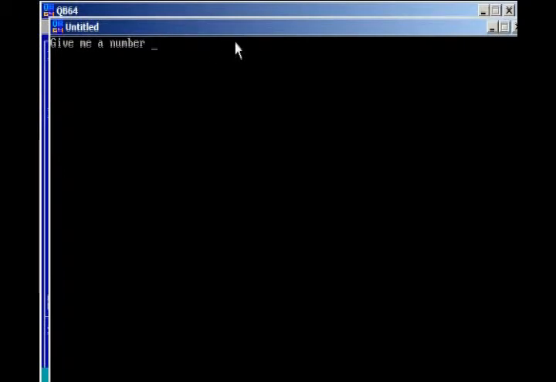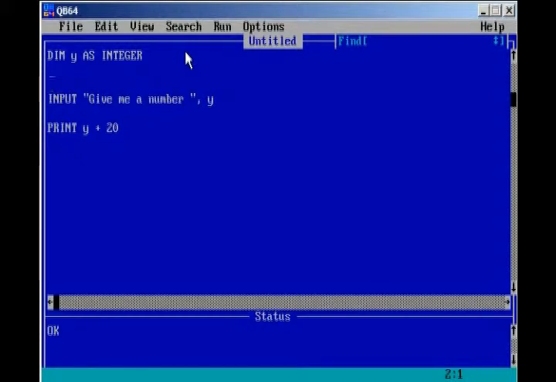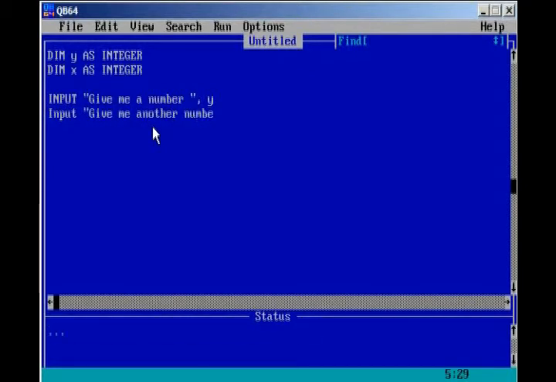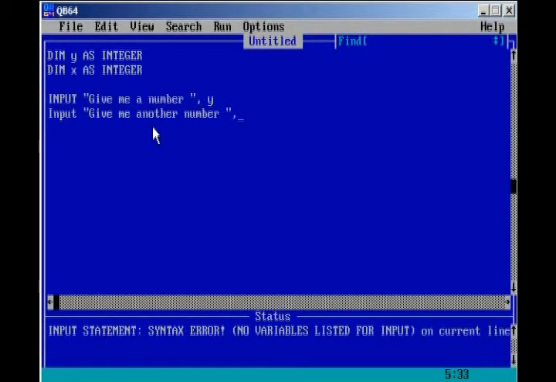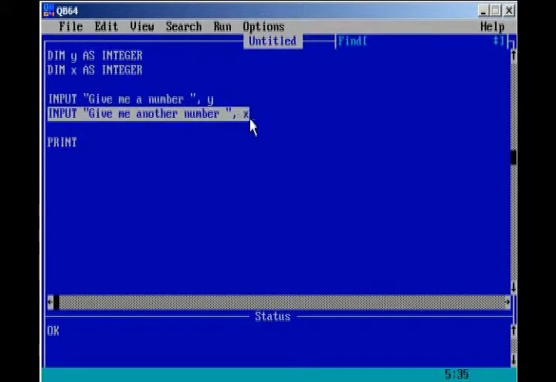Give me a number. Okay, we can just say 30, and 30 plus 20 is 50. Pretty simple. And we can also have multiple inputs, multiple variables: dim x as integer, and we can input, give me another number, and then we can print out, oh, typo right here, we want to store the next line of text into